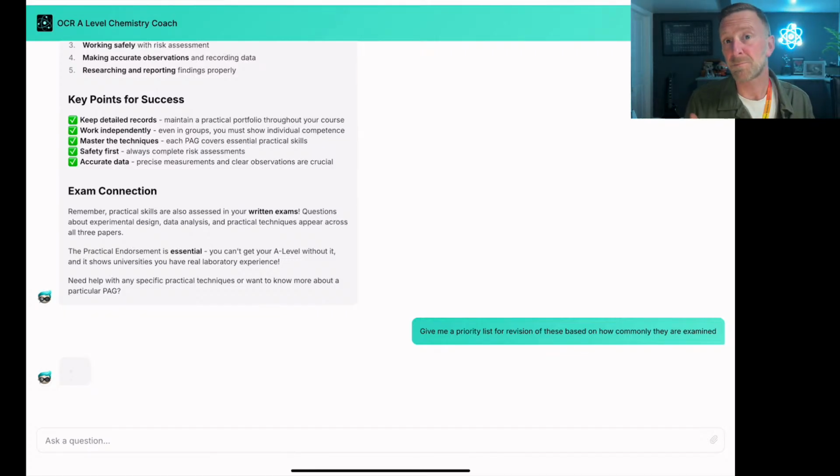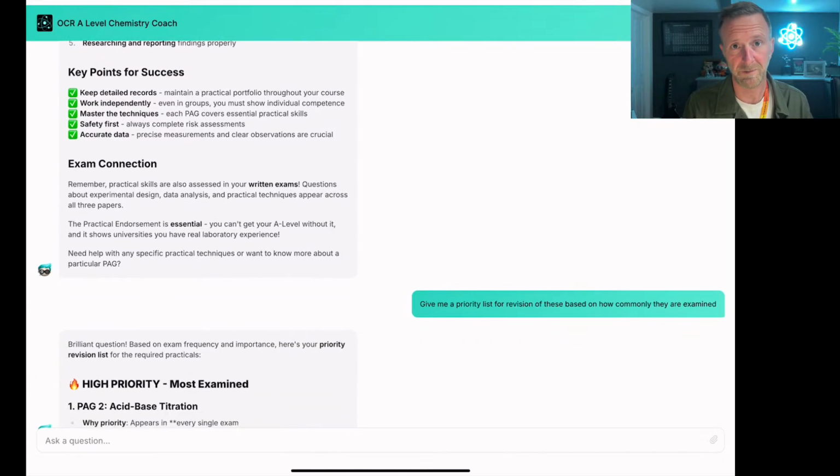So again, commonality doesn't mean we can predict. If anybody tells you that they're predicting the paper for next summer, they're just playing the law of averages, okay? If you flip a coin 5 times and get 5 heads, are you more likely to get a head on the 6th or a tail on the 6th? That's statistics. They're not related, okay? There are most commonly examined topics, yes, and you can basically rely on those, but can you predict what's going to be in the paper?